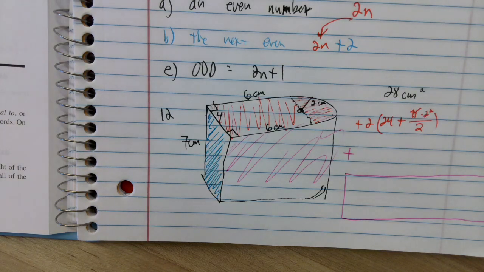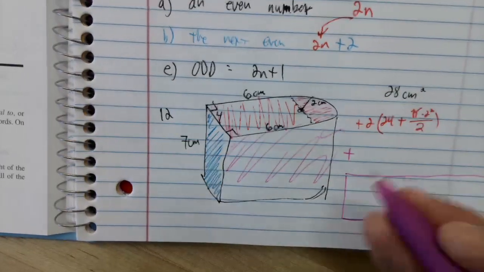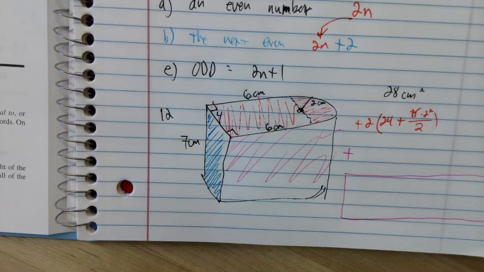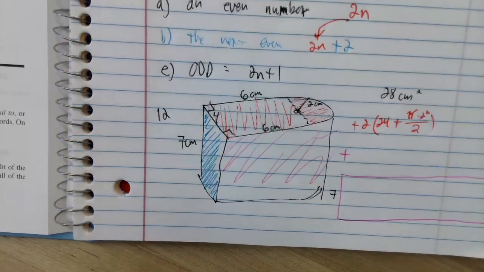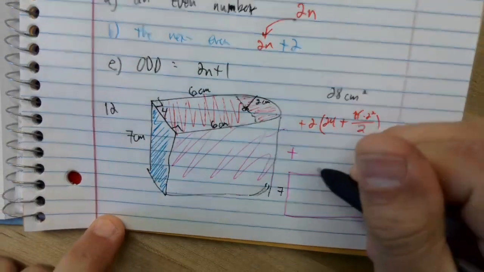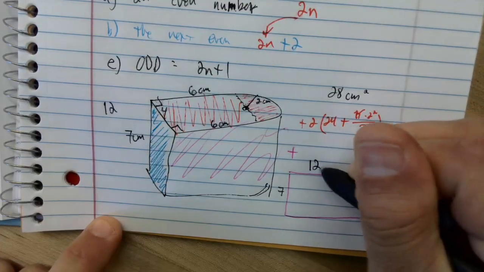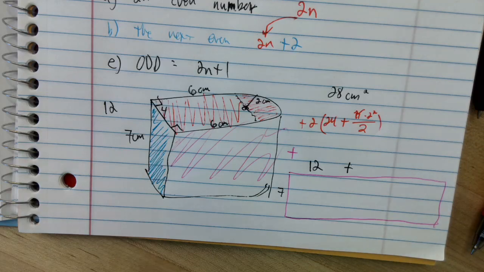I believe it was Cole that helped us point that out for a cylinder. And this is kind of like a cylinder, but it just has a sharp edge over here and over here. So we know how tall this rectangle is. It comes from the height of the figure, so that's going to be 7. We also know that it's got a 6 here and a 6 here for the straight edges. So I'm going to go ahead and account for that and say it's going to be 12, but I'm going to leave a little space because I haven't been able to calculate